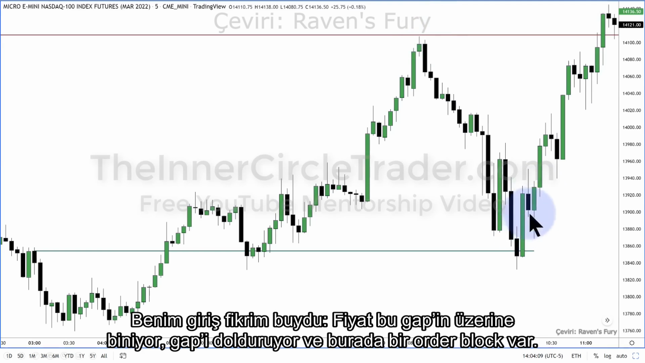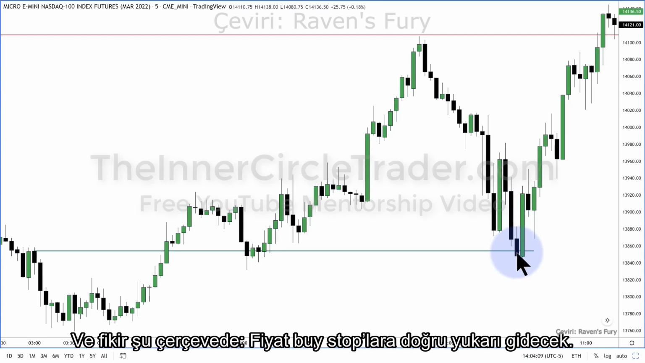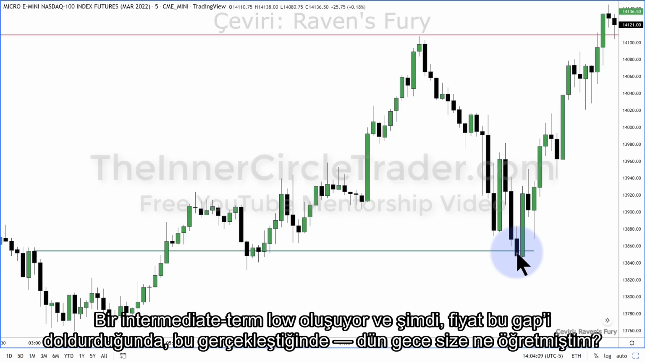This was my entry idea: it's overlapping, filling in that gap, and there's an order block here with a higher time frame order block there. So there's a hierarchy, higher time frame to a lower time frame, with the idea framed on it going higher for buy side. I have an intermediate term low forming, and now this